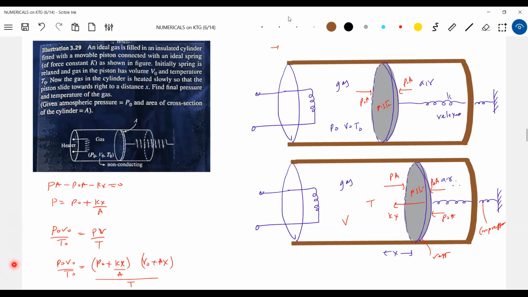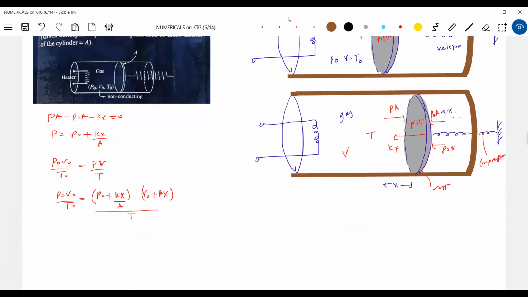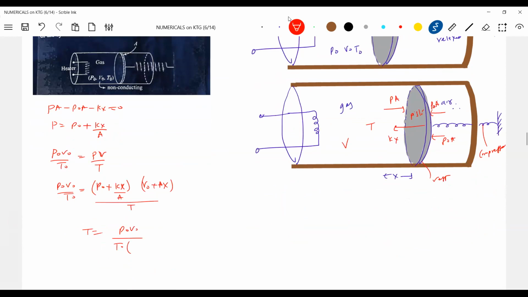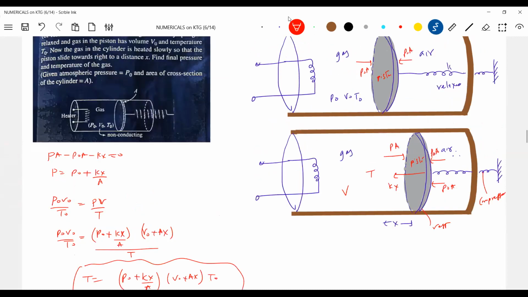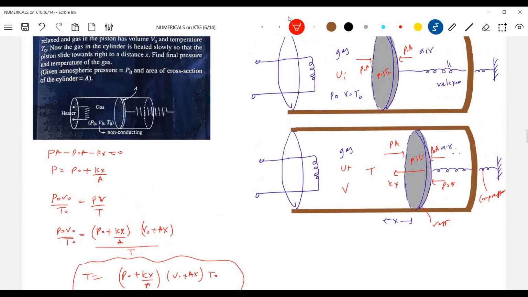So solve for this, we'll get an expression for temperature. So what is the temperature of gas? T is equal to... So this is the expression for temperature of gas. Temperature increases, so RMS speed of molecules will increase. What happened? Internal energy of gas has increased. Initially internal energy of gas is UI, now it is UF. UF greater than UI.